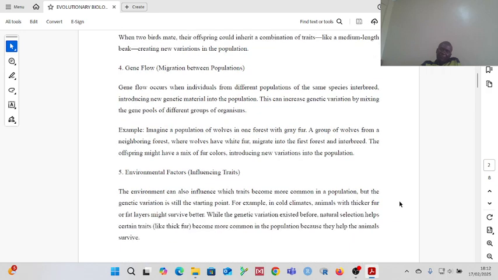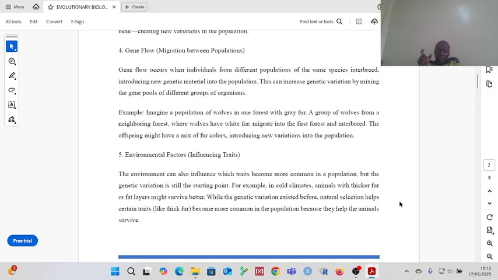Another cause of variation within a population are environmental factors. So we say the phenotype you see is an effect of the environment and the genotype. So which means the environment can affect the genotype to produce a different phenotype. Okay. So for example, if you have a set of organisms within a cold climate, and these animals within that cold climate end up having either very thick fur or fat layers, so that they can be enabled to survive within that cold environment. Okay? So which means through natural selection, the environment which is cold is what has made them